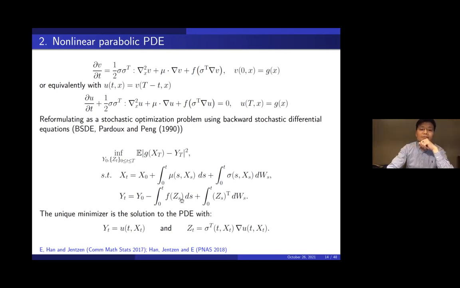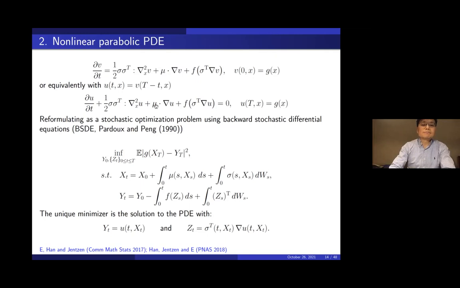This is a very interesting stochastic differential equation because it's got one equation, but 2 unknowns. Y is an unknown and Z is an unknown. What Pardoux and Peng proved is that this BSDE has a unique adapted solution as long as F is Lipschitz. I think that's a remarkable theorem. Roughly speaking, Z is almost like a Lagrange multiplier for the constraint that the process needs to be adapted. And the connection is as follows.